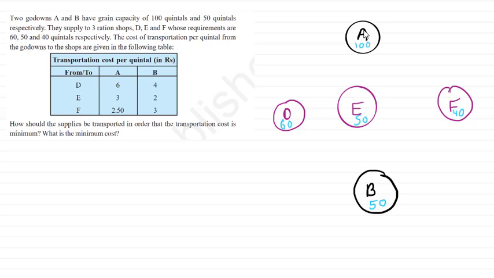Now the transportation cost from A to D, from the table you can see, is ₹6. So here I'll put ₹6, and then the transportation cost from A to E is ₹3. You can see in the table it's 3, and the same way A to F is